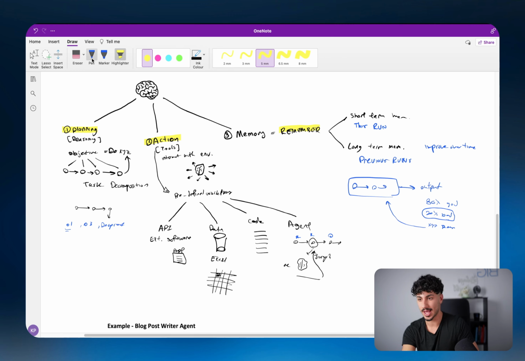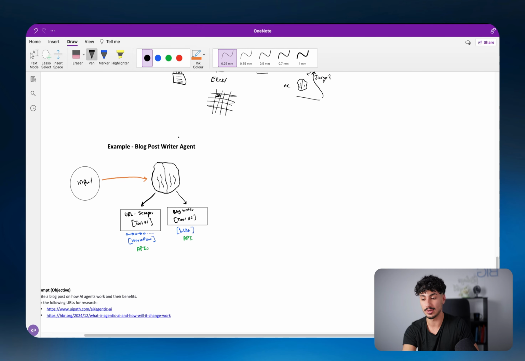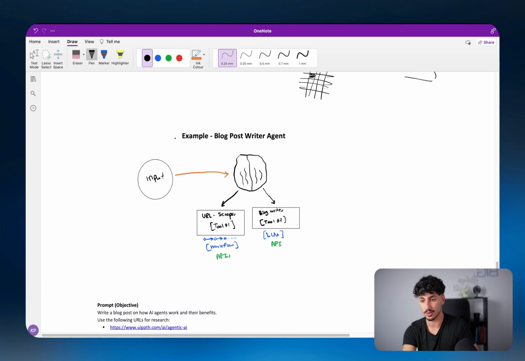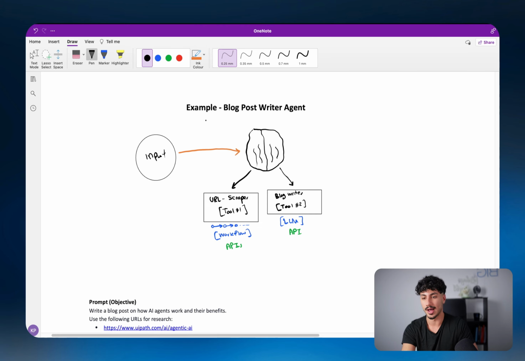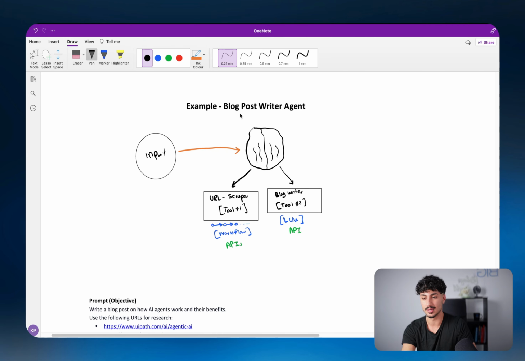So now that you guys understand exactly what an AI agent is and exactly what it's capable of, I want to take you through a real life example of an AI agent that I built on Relevance AI. It probably took me like, as I said, 20 minutes, honestly, even maybe 15 minutes, because it's super easy to use the platform. It is capable of writing blog posts. So this agent is an agent that you tell to write a blog post for you.